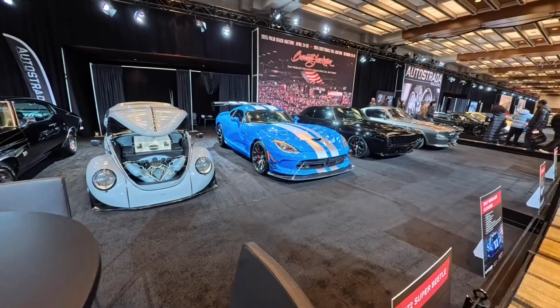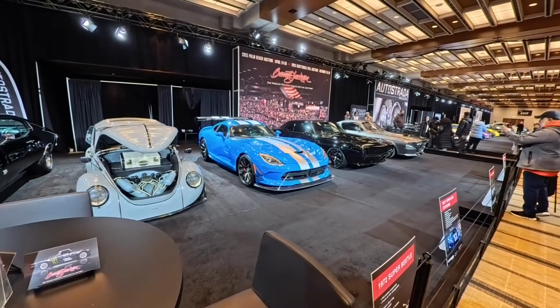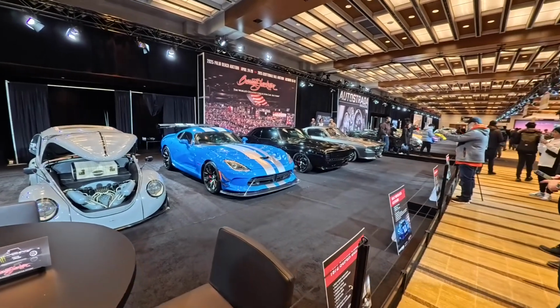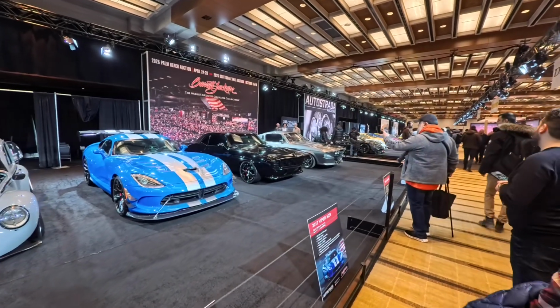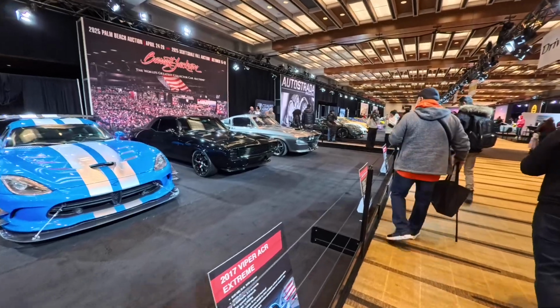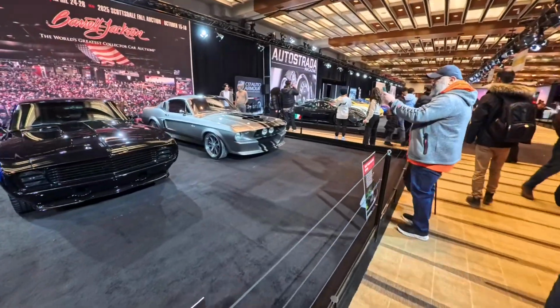Who doesn't love the Viper SCR? Track focused Viper. So sick. Next to that, you have a 69 Camaro. And this over here, all the way at the end, is something very special. Wow, we'll get to that side in a second, but if you are a fan of the movie Gone in